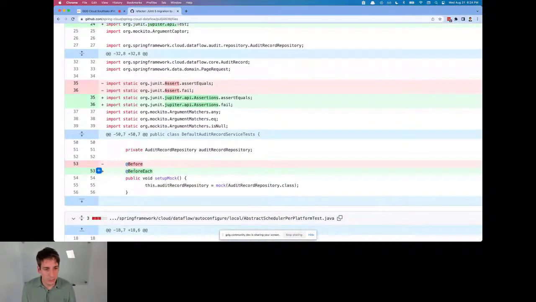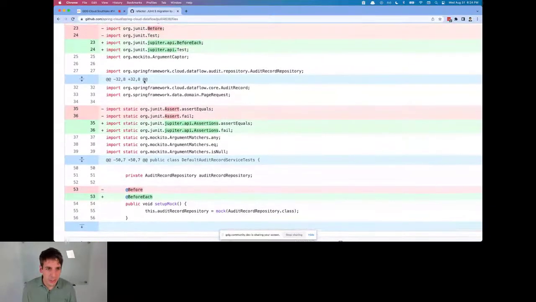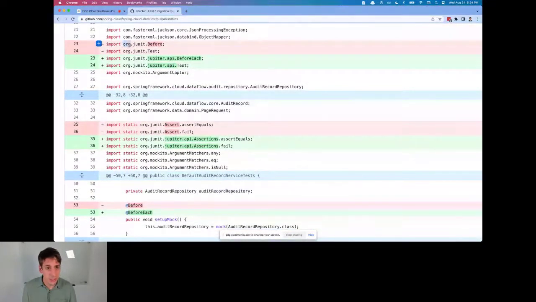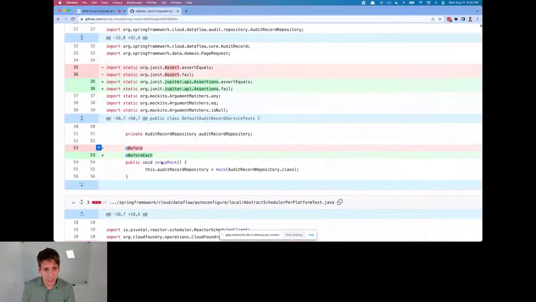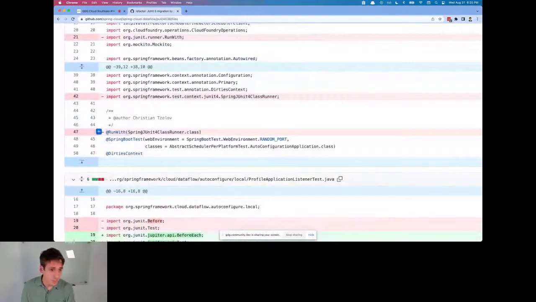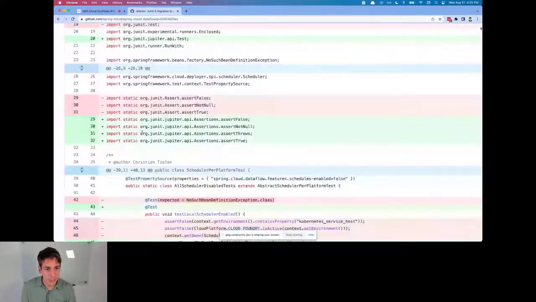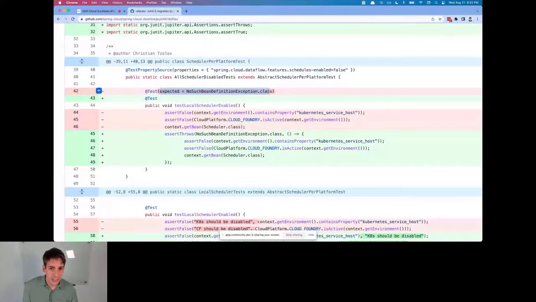I have to go replace all the annotations. Note that this is a style, right? This could have been org.junit.*, and now I have to understand whether I'm star folding and unfolding, and what the star folding level of this project was, and where the static imports go, after or before. These are all elements of trying to preserve the style of the original project. And then some annotations just get removed altogether, and some of them, you used to be able to define an exception here on the test method, but now you have to use assertThrows and put the exception down here and the rest of the method body in a lambda.